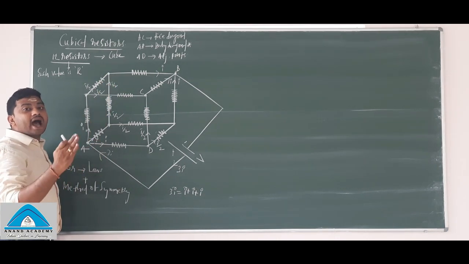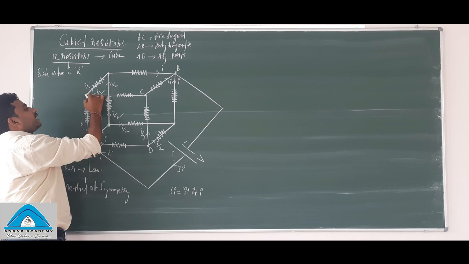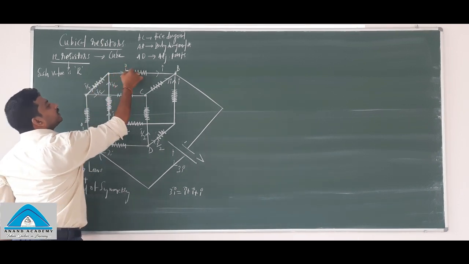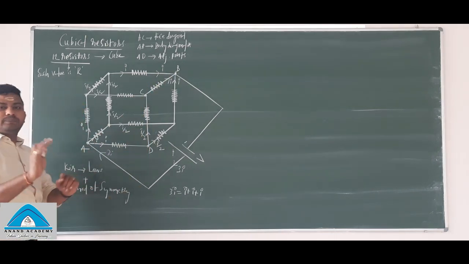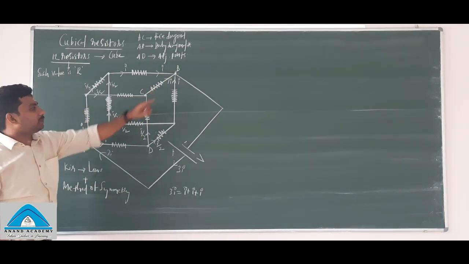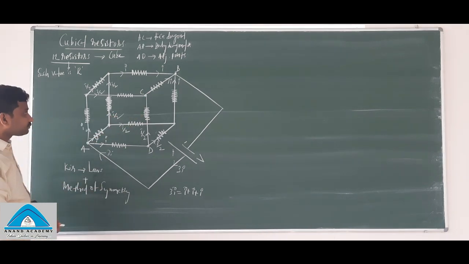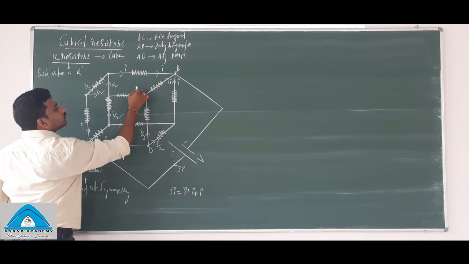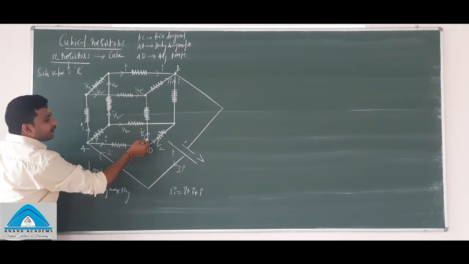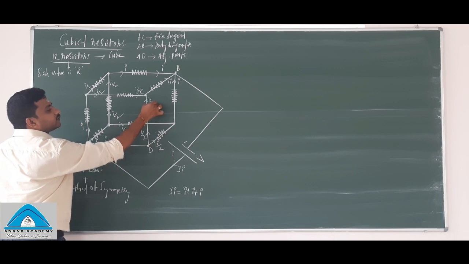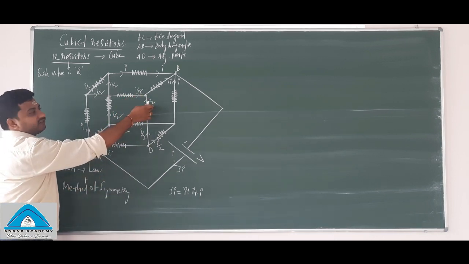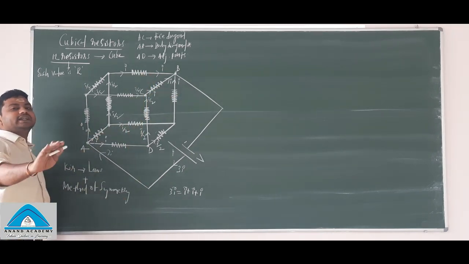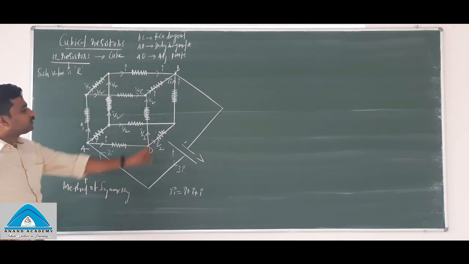So what are the I by 2s? This is I by 2, and from here also there is I by 2 reaching the B terminal from one path, right? So concentrate on this path. There is I by 2 here, I by 2, right? And there is another I by 2 from here you can see. So I by 2 and I by 2 will meet and become I, and this I reaches the negative terminal from this path. And concentrate on this path.